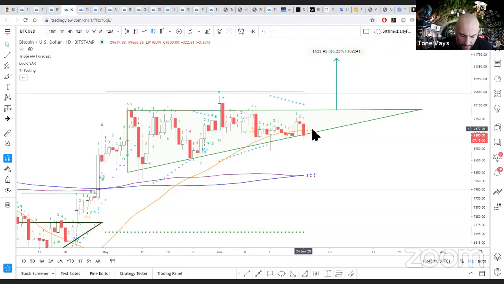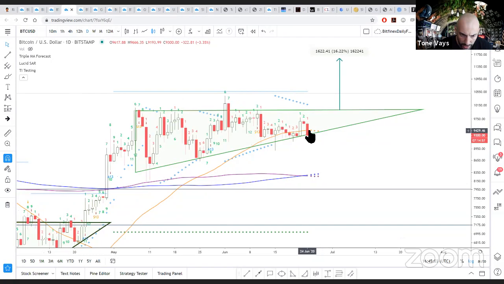But if the next candle is a breakdown candle similar to today's candle, that comes out very, very badly, because first of all, it breaks the triangle. Second, it confirms the breakdown of the 50 period moving average, which is bad. It's also going to be a red 2 below red 1, which is also bad. So everything becomes bad in this daily chart if we don't get a swift rebound tomorrow. This triangle is going to come to an end with a big drop tomorrow that closes around the $9,000 area, if that is to occur.